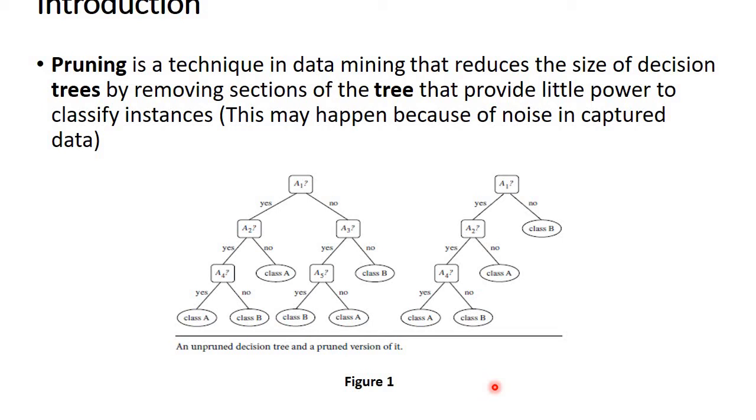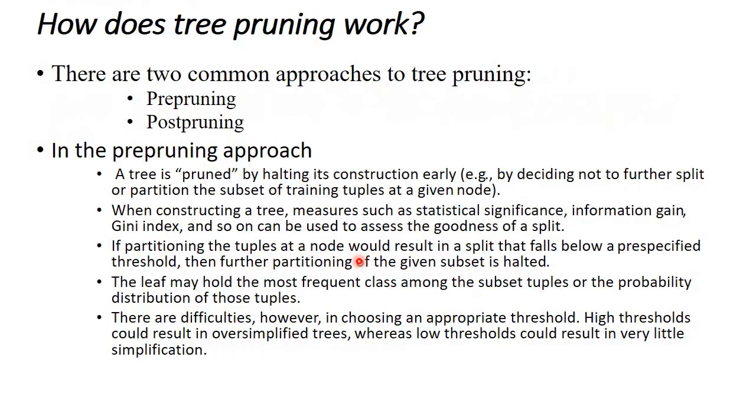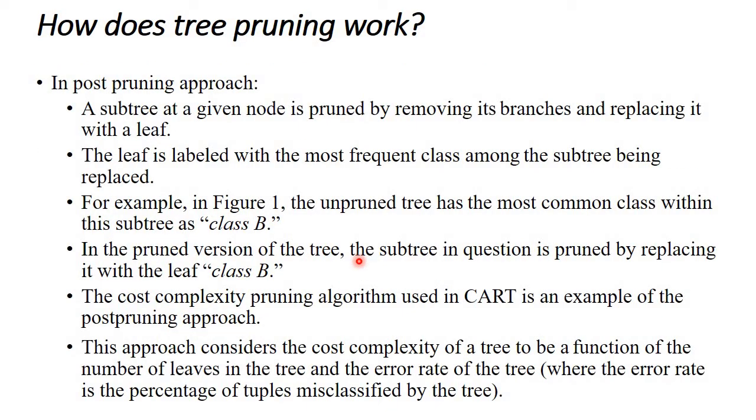So the first point here is that if this part of the tree is pruned, which leaf has to be attached here? That class label has to be attached here which is most frequently found. That is class B. So class B is here as well as here, so class B is attached here. That class label has to be attached as a leaf node, which is found most frequently in the subtree.